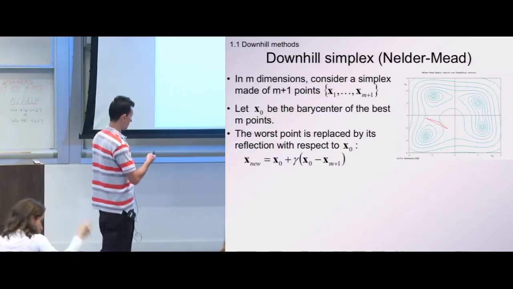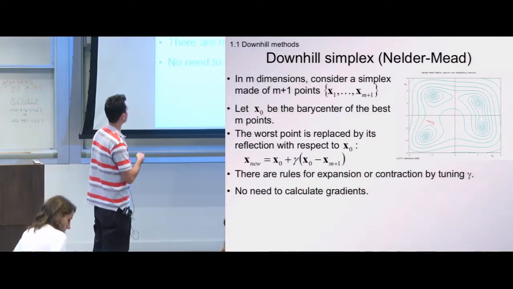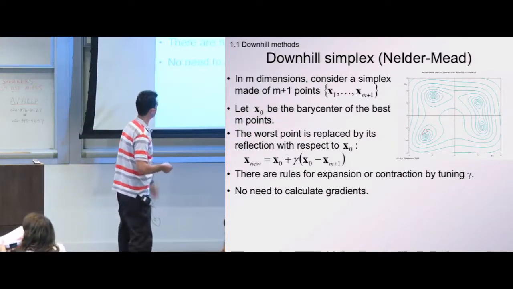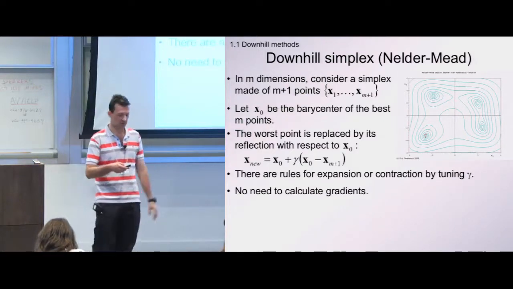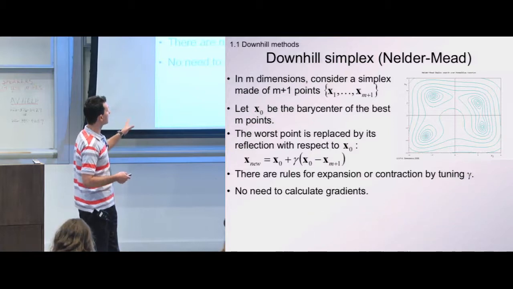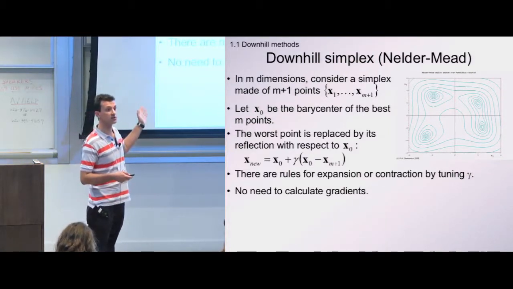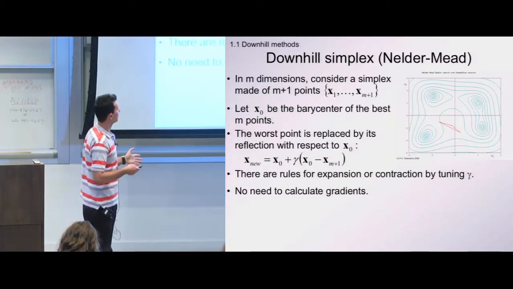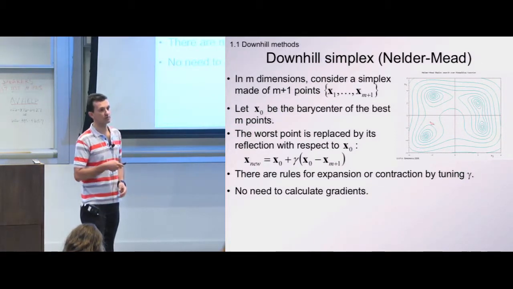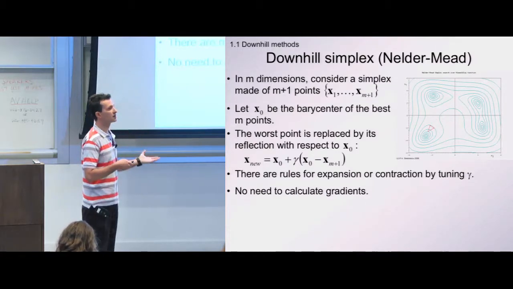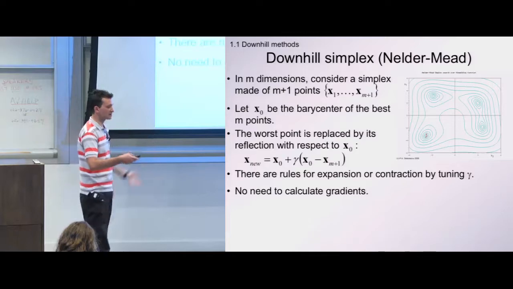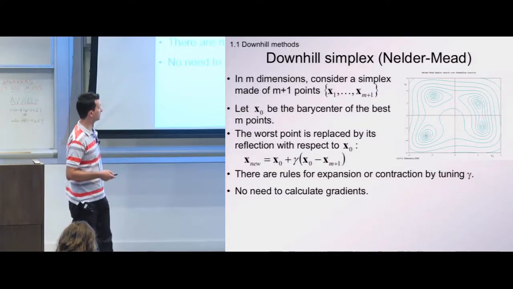And of course, you can tune this coefficient gamma in order to have an expansion or contraction. There are rules to do that, and you can find the implementation in the literature. In this case, there is no need to calculate the gradients. In principle, it moves slowly with respect to the Levenberg-Marquardt, but since it doesn't calculate the gradients at each step, each step takes much less time than Levenberg-Marquardt, even if each step